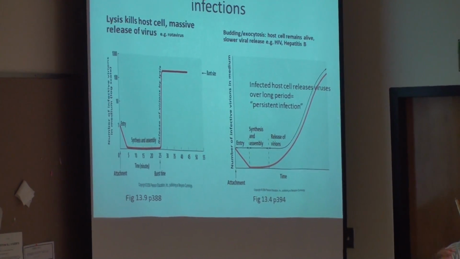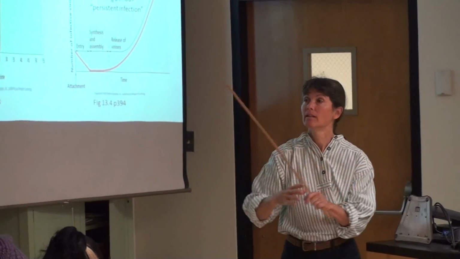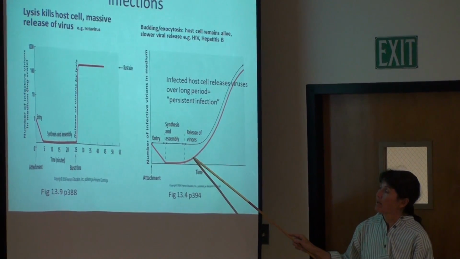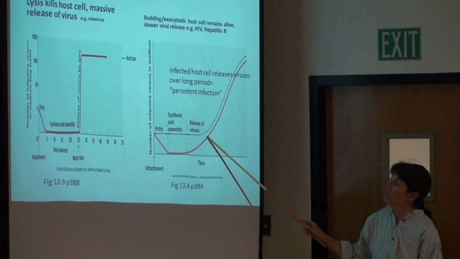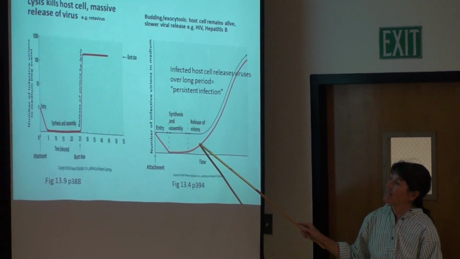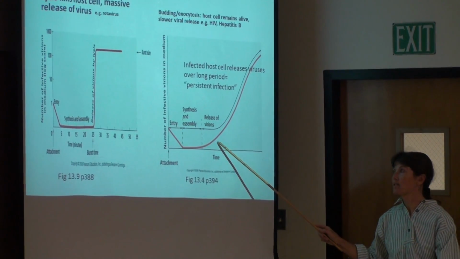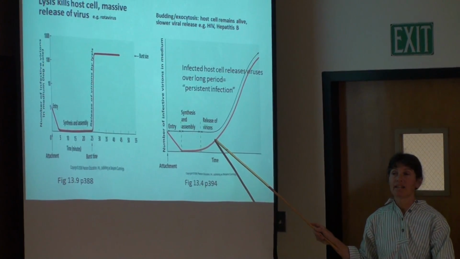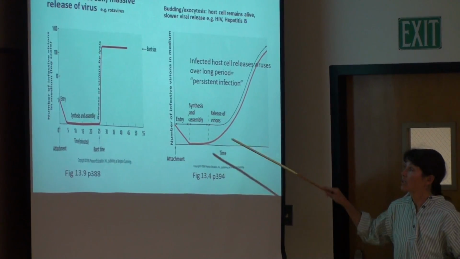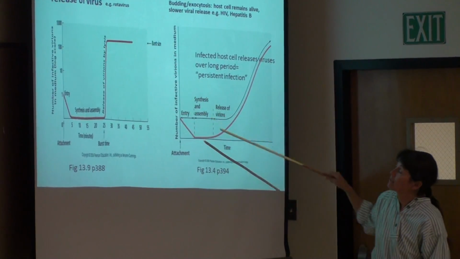But remember, with those budding viruses, they are escaping by stealing little tiny bits of the cytoplasmic membrane. They don't initially cause our cells to break open. They're not cytocidal initially. Okay? So what happens is you slowly get release of those viruses as they're budding away from our infected cells. And that means our cells remain infected potentially for long periods of time, producing viruses. We don't get the big spike in replicated viruses, okay, but